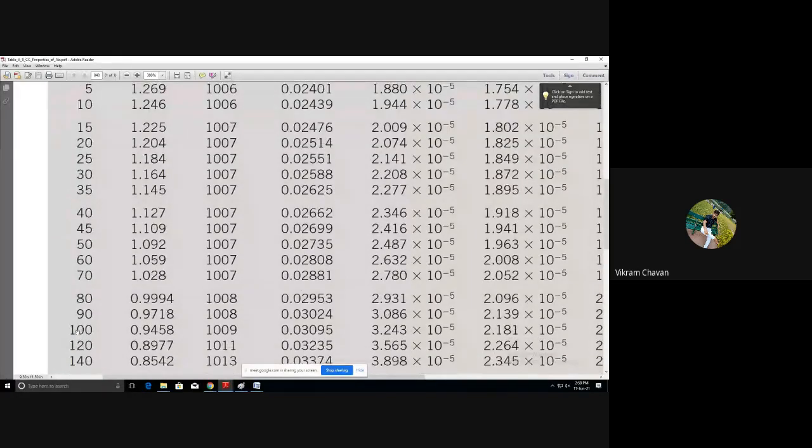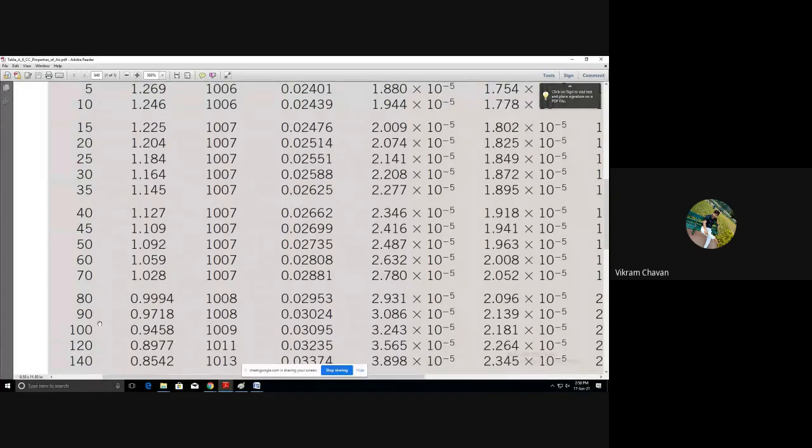Now our mean film temperature is 96 degrees Celsius, which is near to 100 degrees Celsius. So we can take the properties for 100 degrees Celsius also, because there is no such big variation for 4 degrees Celsius over here. Or else you can do that particular